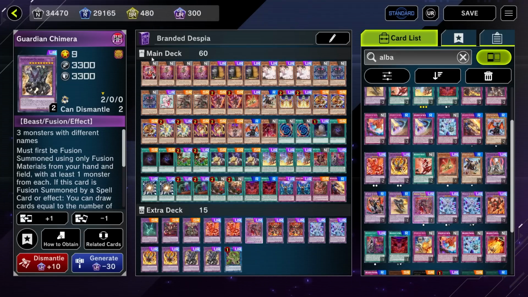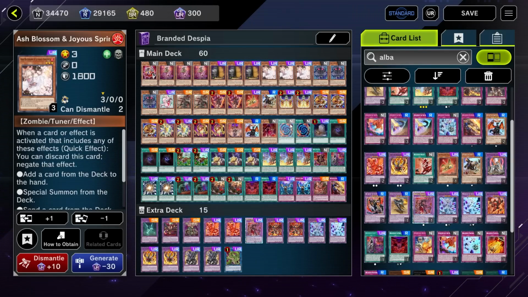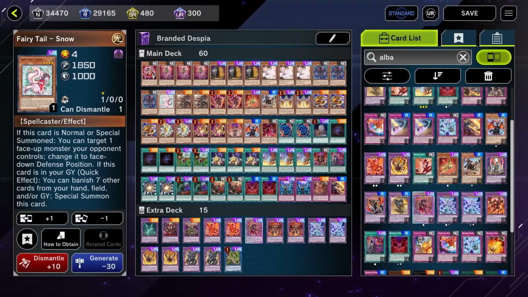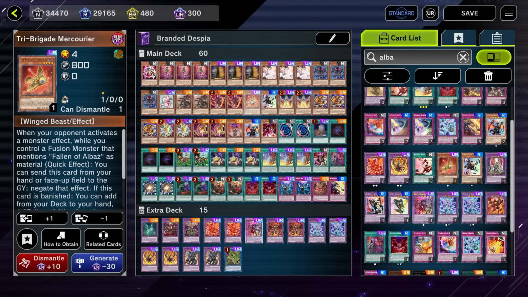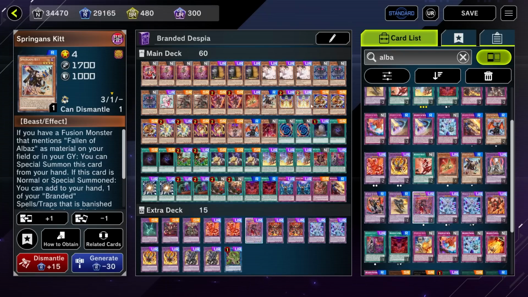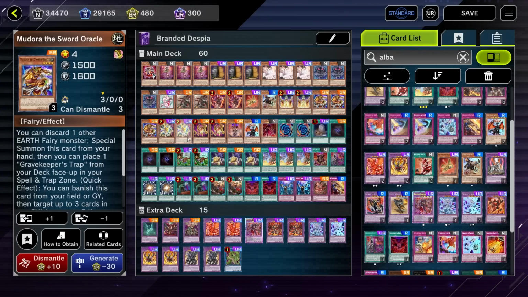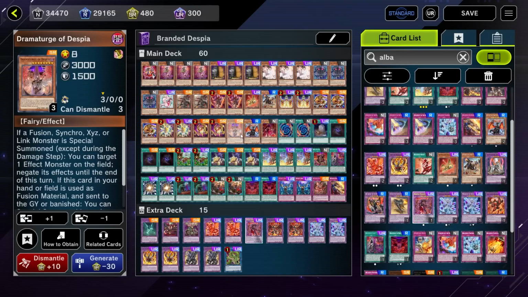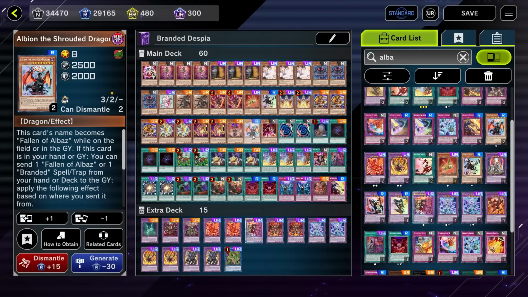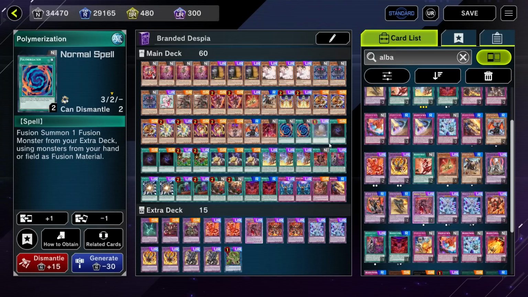So we are playing 1 Despian Comedy, 3 Despian Tragedy, 3 Maxx "C", 3 Ash Blossom and Joyous Spring, 3 Effect Veiler, 3 Imperial Chain, 1 Fairy Tail Snow, 2 Fallen of Albaz, 2 Aluber the Jester of Despia, 1 Tri-Brigade Mercourier, 1 Springans Kitt, 2 Keldo the Sacred Protector, 3 Mudora the Sword Oracle, 2 Kelbek the Ancient Vanguard, 2 Agido the Ancient Sentinel, 1 Dramaturge of Despia, 1 Albion the Shrouded Dragon, 1 Ad Libitum of Despia, 2 Polymerization, 1 Foolish Burial,